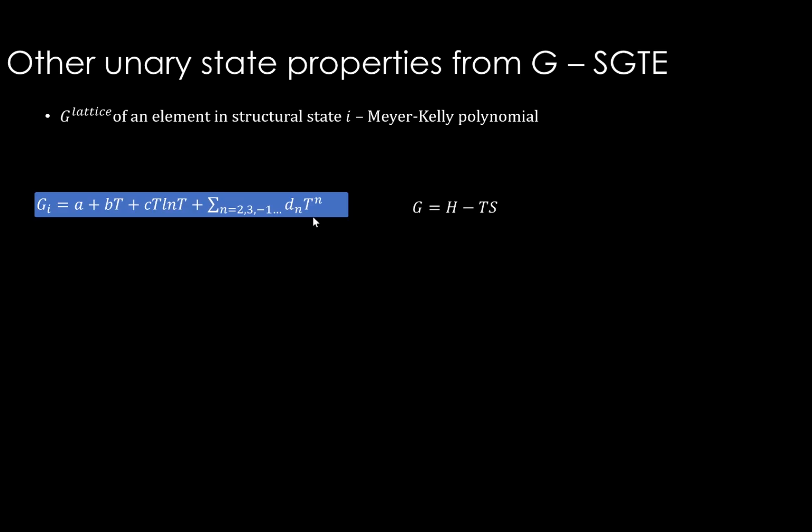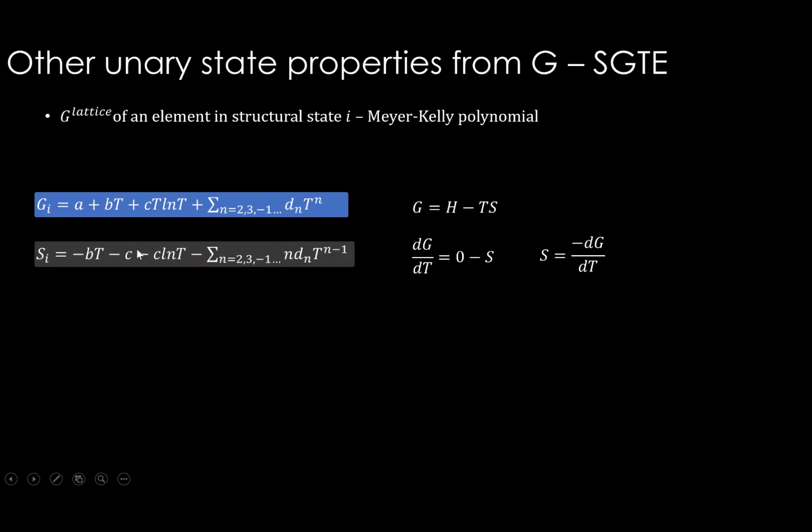And if we have this G expressed like this, G equals H minus TS, then from this we can get this, right? If we differentiate G with respect to temperature, then here there is no T term, this is going to be 0, there is a T term here, you get only S here. So therefore S is going to be equal to minus dG by dT. Assuming that this H is independent of temperature, we can do this.